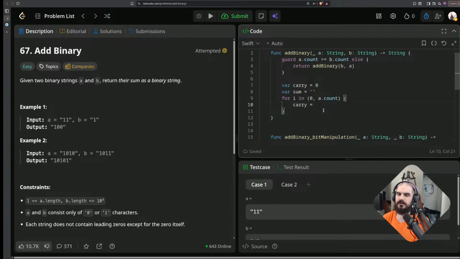If they're both zeros, basically if a sub I equals 0 and b sub I equals 0, if they're both zeros, or if a sub I equals 1 and b sub I equals 1,